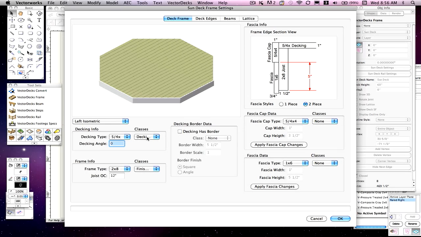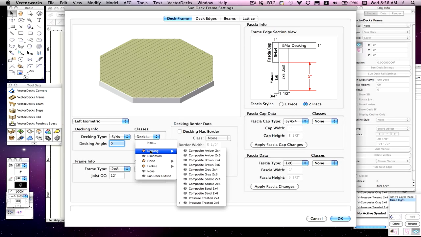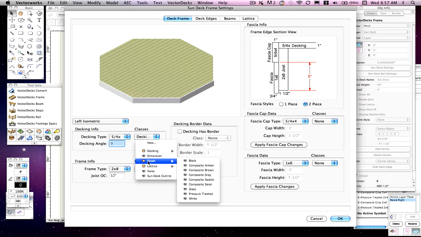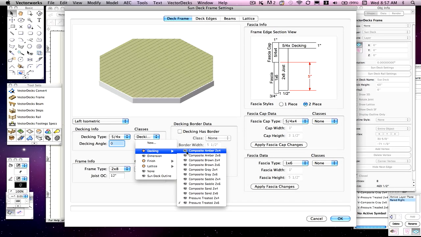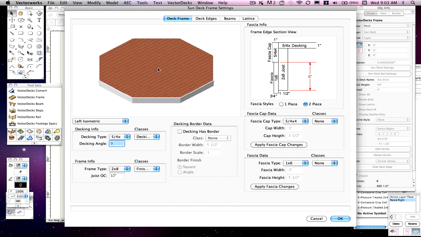And generally you'll see a drop-down menu. And in this drop-down menu, you'll see presets, decking, finishes, lattice. And then I have different types of finishes over here that you can apply. Now I'll be adding more of my own to these menus with future upgrades, and even some that meet different manufacturer specs. But I'm going to show you here how you can add your own to all the different menus